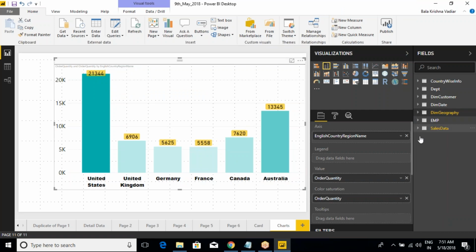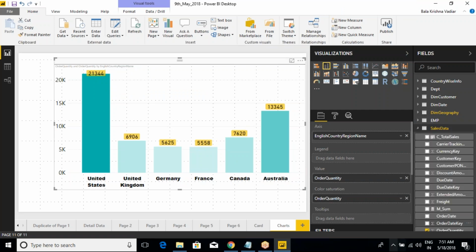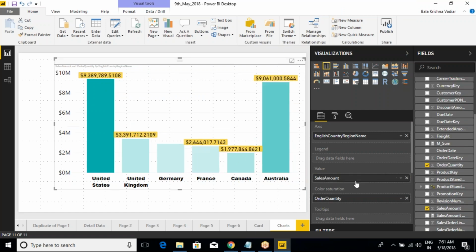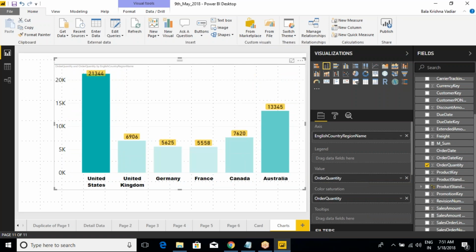For example, if you go here, like I'm taking sales amount under value. See now, it is overwriting. It is not allowing. For example, if you still force it again, like I'm taking order quantity once again and drag it under sales amount. See now. So which means what will happen usually, whenever you want to take more than one measure as a value,